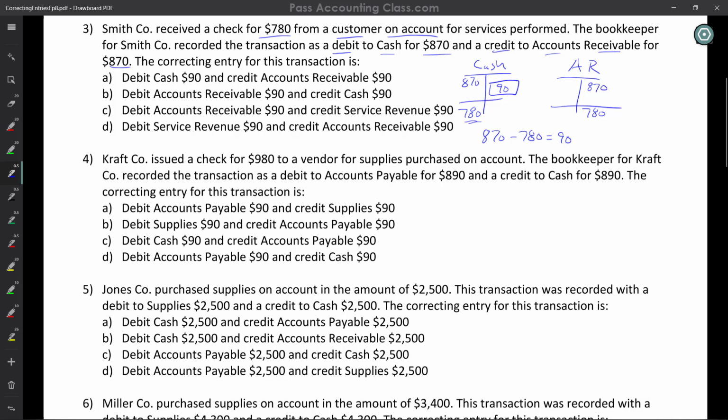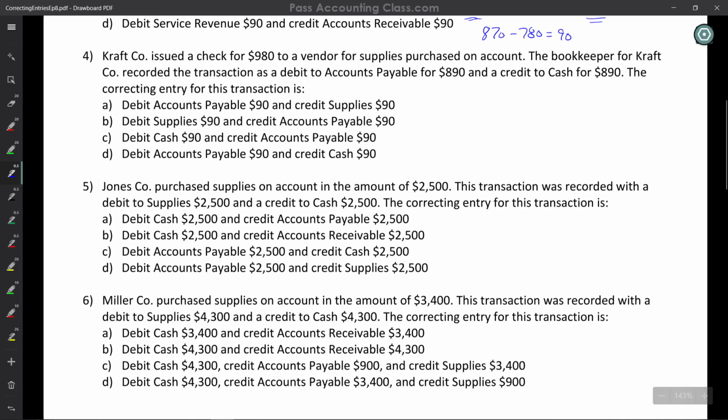I'm going to apply the same approach to my accounts receivable. So I had $870 less the $780, that's $90, and I know that I need to debit accounts receivable $90. So a credit of $870 less a debit of $90 leaves me with an ending balance that's a credit of $780. So the answer here is going to be B, because we need to debit accounts receivable $90 and credit